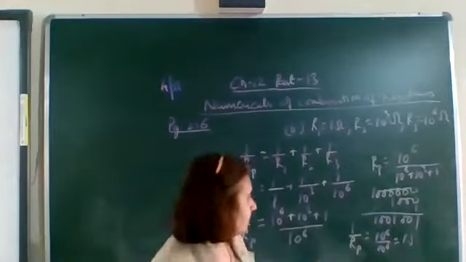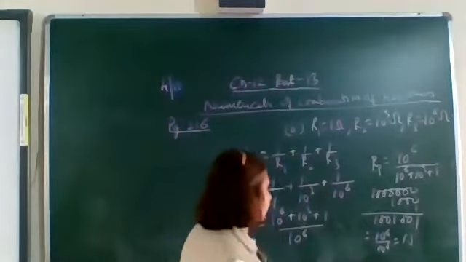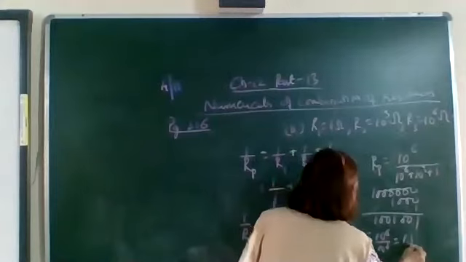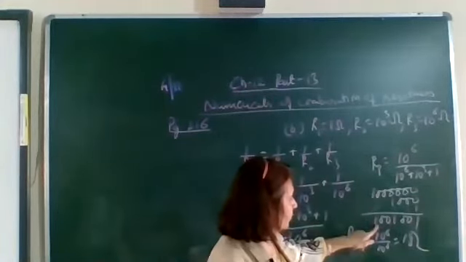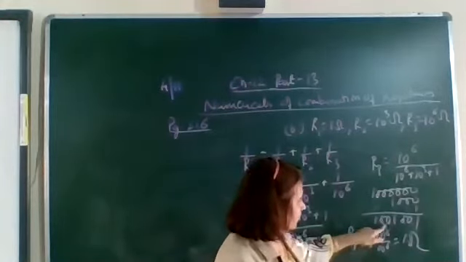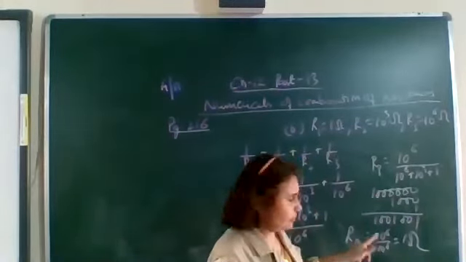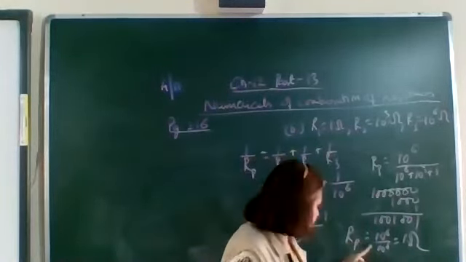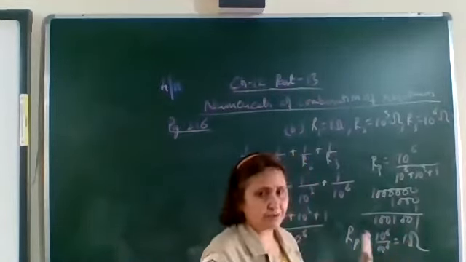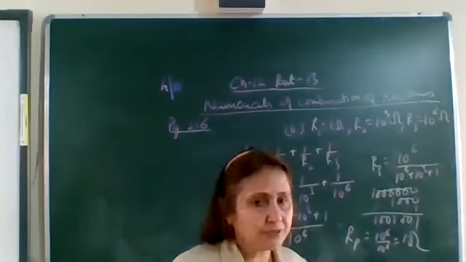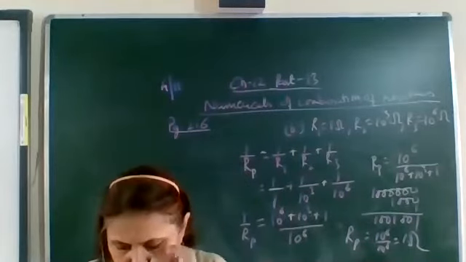RP is equal to 10 raised to the power 6 upon 10 raised to the power 6, which is equal to 1 ohm. Or exact value. This is the approximate value. Exact value also you can find out. What will be the denominator? This one. And the numerator is 1 followed by 6 zeros. Divided, approximately you will get it to be 0.9999 ohms, which is approximately equal to 1 ohm. So the approximate value here we have calculated. So this will be equal to 1 ohm only.